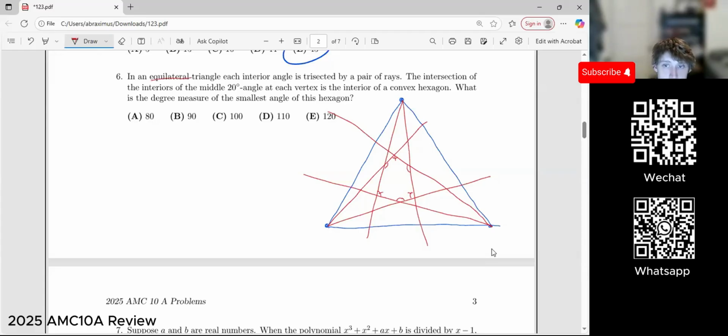Because it's equilateral, I'm allowed to rotate everything by 120 degrees and nothing changes. Does that help? So by rotational symmetry of an equilateral triangle,